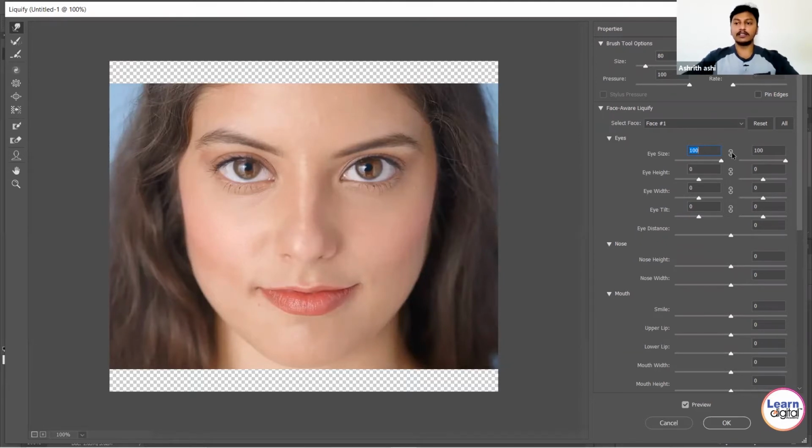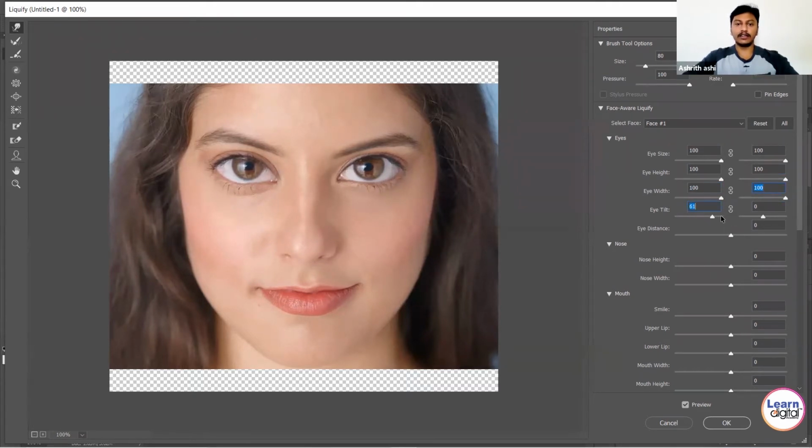Then eye size 100, 100. Eye height: you can see the changes over here. Yes, I increased 100% for the left eye and right eye. Then again, eye width. If you want to make it small or big, play with the minus or plus value. I need more width. Yes, more broader.